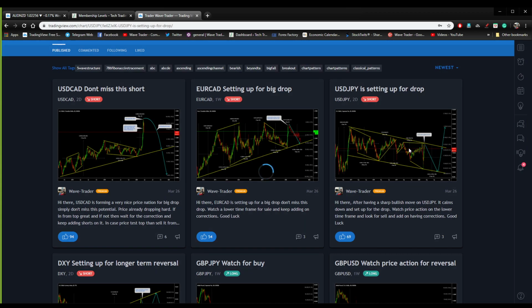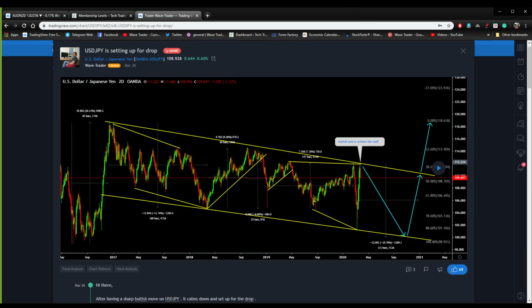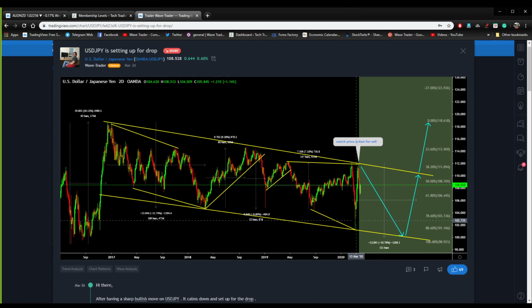Once we have seen strength on the oil, and dollar yen is also forming a correction. But when you are selling the dollar yen, make sure you understand the relation between dollar yen and stocks. If you're looking to trade both at the same time, one is going to go your way and the other one is going to stay sideways, or can take time to go your way. So I'm saying that if you are buying stocks, buying equities, and at the same time you are looking to sell the dollar yen, both trades are going